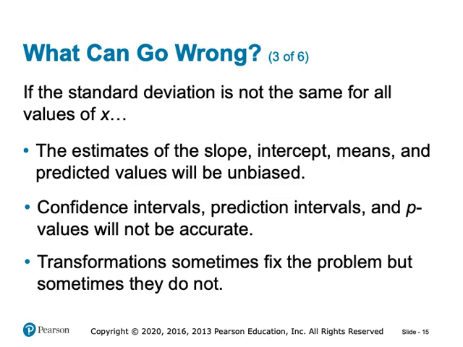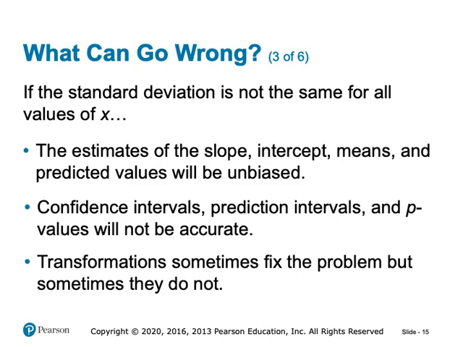3. Transformations as a possible solution. One common approach to dealing with heteroscedasticity is to apply a transformation to the data, such as taking the logarithm or square root of the outcome variable. Sometimes these transformations can even out the variability across different levels of x, helping to meet the assumption of constant variance. However, transformations are not always effective, and they may not fully resolve the issue in every case.